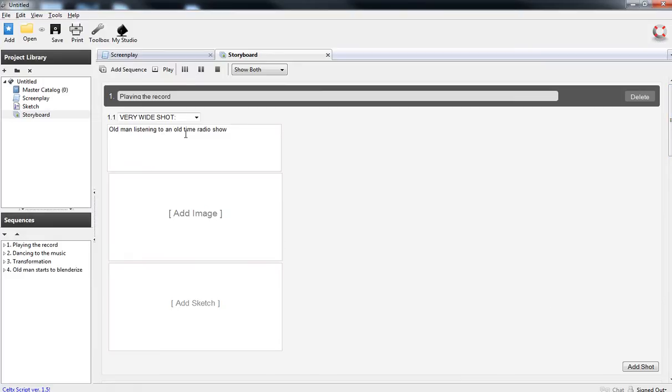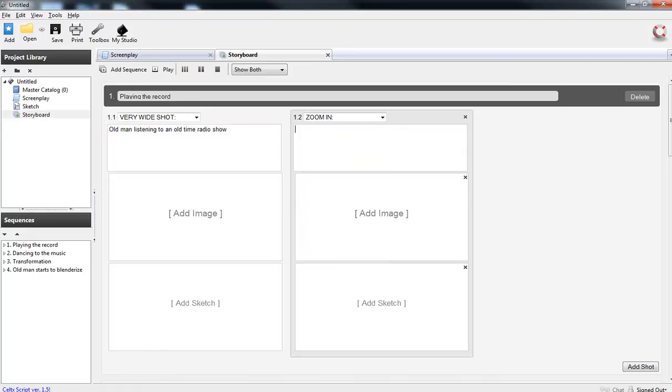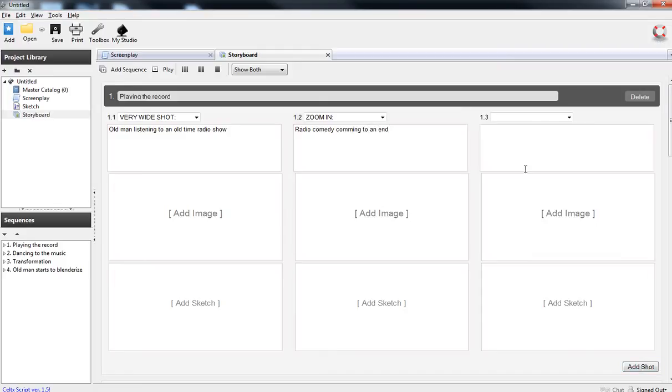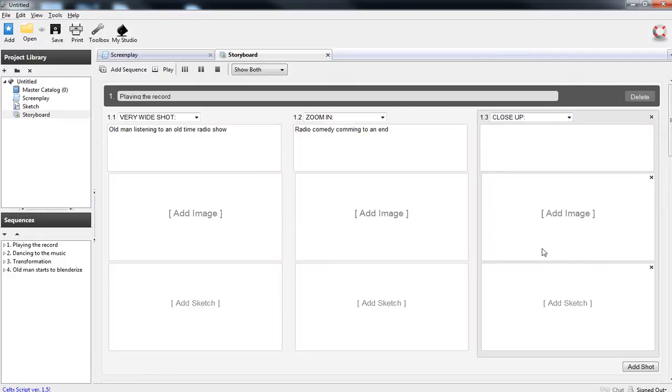I've got more sequences and shots, but obviously an old man listening to an old-time radio show just isn't a whole lot. So I'm going to add another shot, and in that shot I'm going to zoom in some, and it's going to be radio comedy coming to an end. And then I'm going to have another shot here, which is going to be kind of a close-up. Like I say, all of this can be changed and finalized later. But I'm going to say the old man turns off the radio,